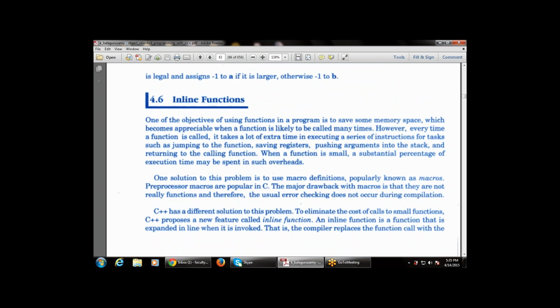Next, one of the important concepts is the inline function. What is the inline function? One of the objectives of using functions in a program is to save some memory space. One of the major advantages of using functions is to save memory space, because the program is divided into multiple parts, so it saves memory space, which becomes appreciable when the function is likely to be called